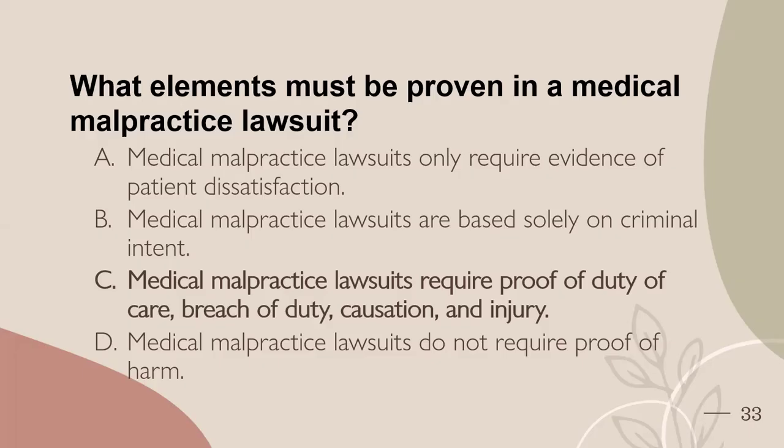So then they say causation. Is there any connection between the nurse or the UAP walking away and the injury this client sustained? Would this client have sustained this injury if that 1 person would have still been there with this patient? And if they can meet all of these components, then they say that we have malpractice.